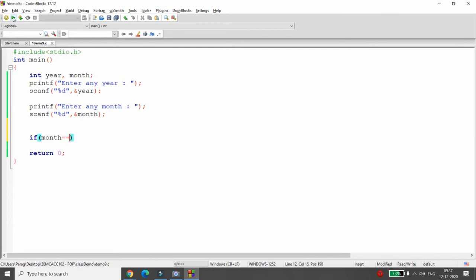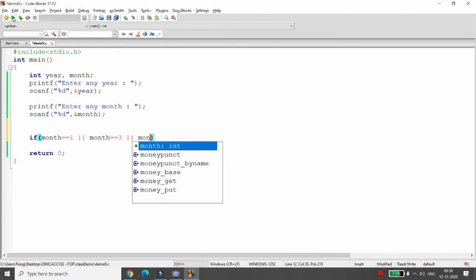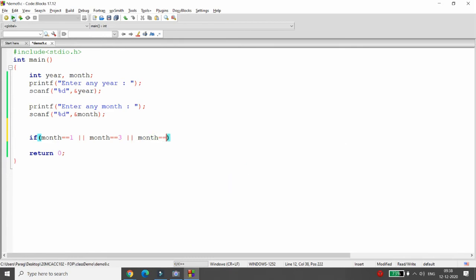If month equal, for example, the user is entering month is 1, or month equal 3, it means 1 means January, 3 means March, or month equal, suppose it is May, or month equal 7 July, or month equal 8, or month equal, suppose 10, or month equal 12.